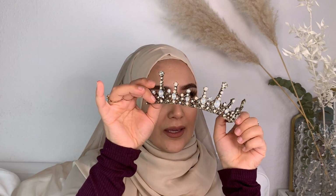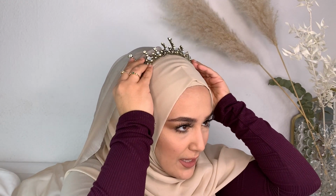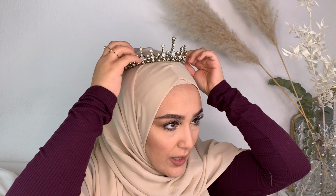So what I do is, when I fix my veil and I broke my crown, it really depends on your head. You have to put it on and look how it looks better. If you want to have it like this standing or like this, I think that this one's good. So I am going to fix it like this, guys. And here the tricky point is, guys, that you can't fix your crown with pins, because this is metal, this is heavy. I know that some of you guys have got much bigger and much heavier crowns, so it doesn't work. This is also why we have to break the crown, because you can't put a whole circle on the top of your hijab. So what I do is, guys, and what actually hijab designers do, is that they have got these